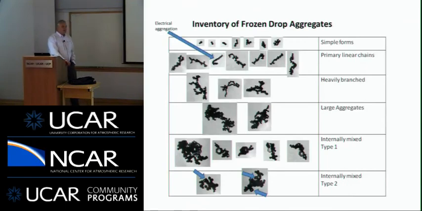Sure. Obviously they're dependent on the electric field, so you need both things. You need the droplets and the field. And you're right. But as we know, there's a fair amount of electrical activity even in maritime clouds, but it has to be at the right spot. So it might be that there's simply not enough electric field and droplets present at the same time. So yes, certainly that could be true. It has to be fairly intense too. Yeah, for sure.